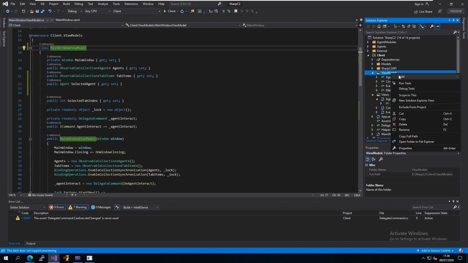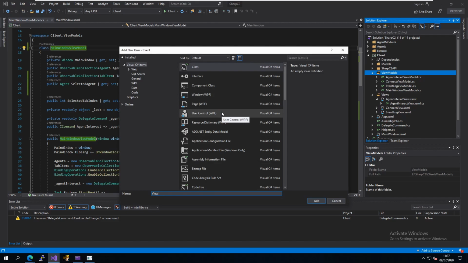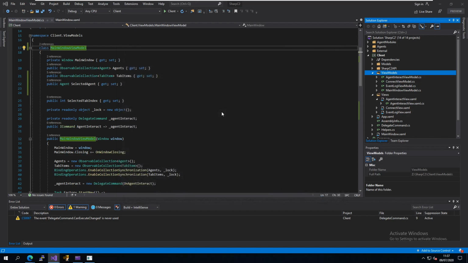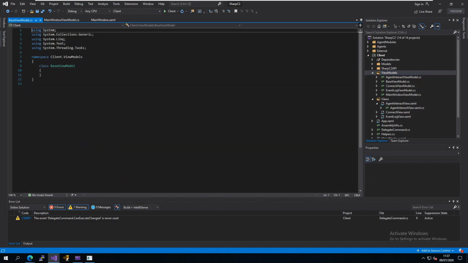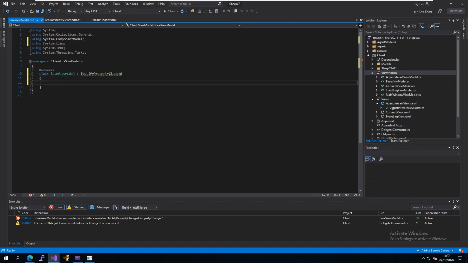So what we'll do is we'll create a new view model and we'll call it base view model. And the base view model can inherit from iNotify property changed instead. And we can just copy